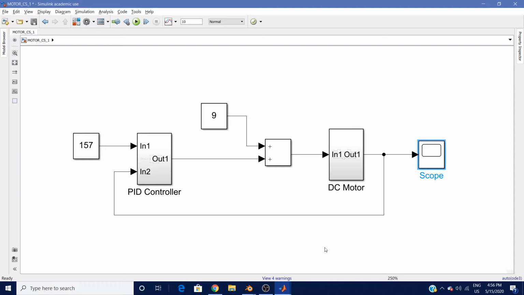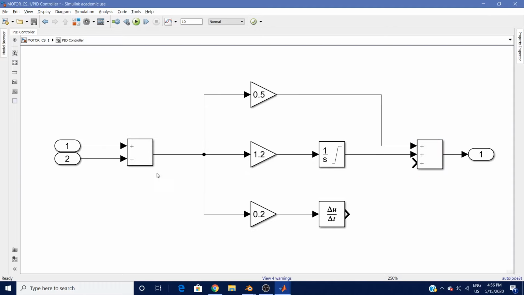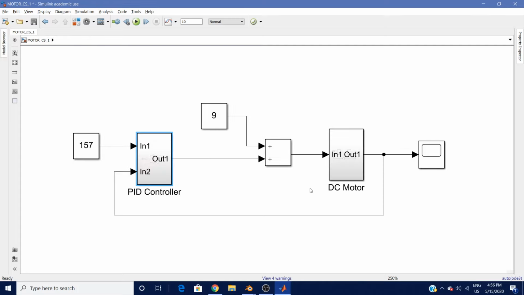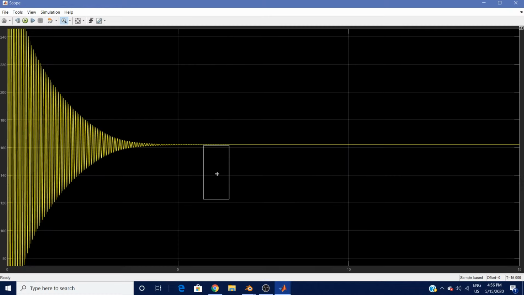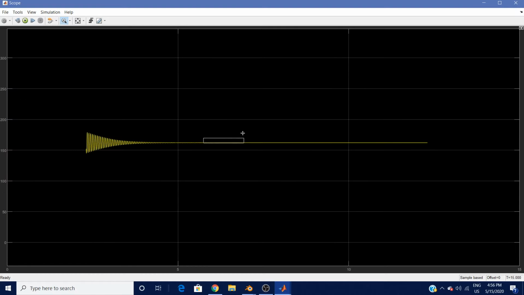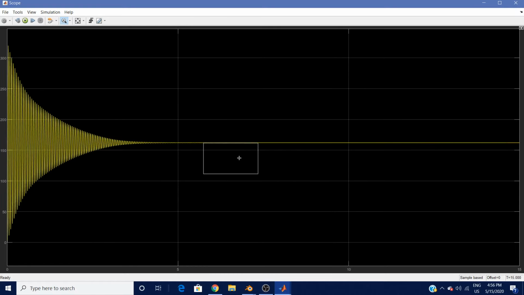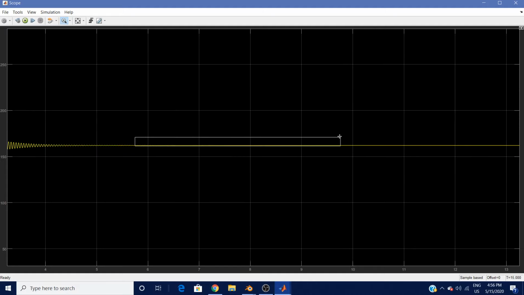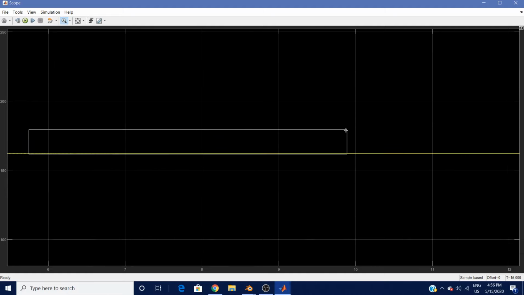So now we're going to add in this integral term. We're going to run the simulation with this integral term, and we're going to bump it up to 15 seconds because I know that in 10 seconds we won't be able to see it reach a final steady state. So within 15 seconds, if we actually look at the output of this controller, we see that it takes about 10 seconds to reach, but